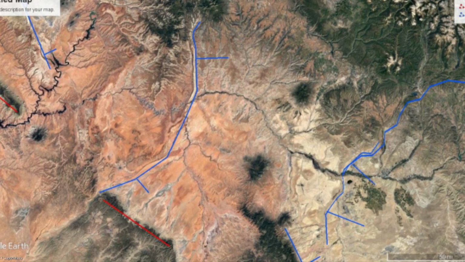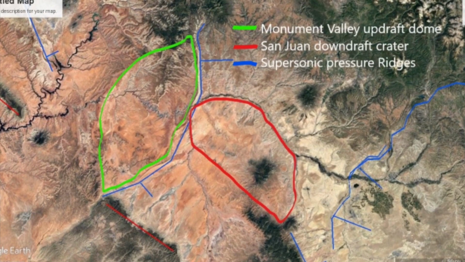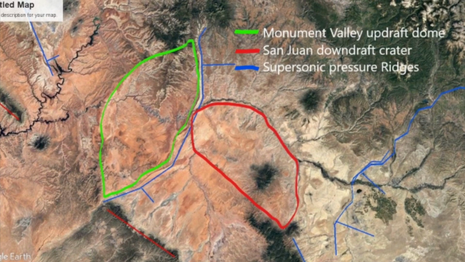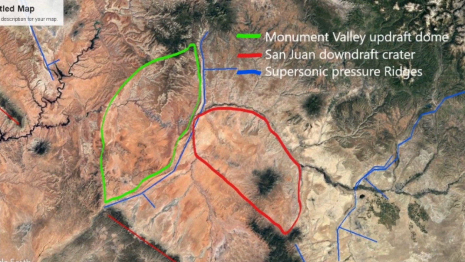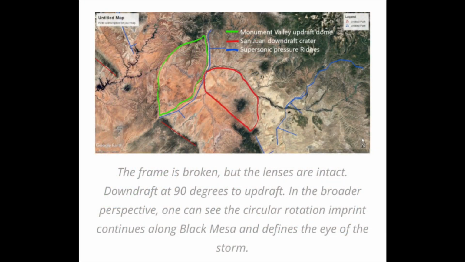Annotated to distinguish the features, the same eyeglass shape is evident where this coronal loop connects with Earth, but the shape is skewed to the ambient counterclockwise rotation of the entire storm system. The downdraft lies at 90 degrees to updraft because this is ground zero for the eye of the storm. Note, the San Juan River arcs around the downdraft after it passes through the center of the updraft, just as